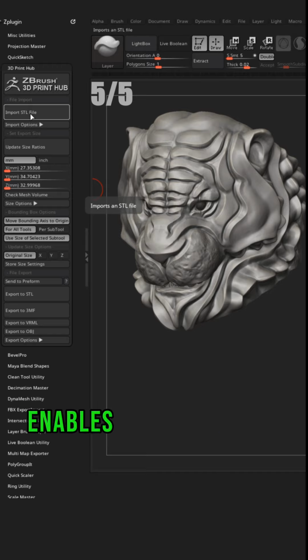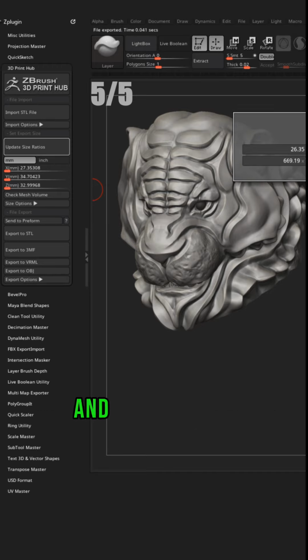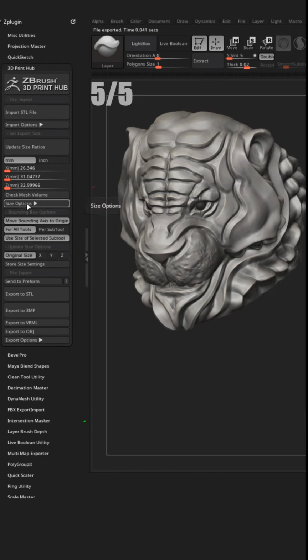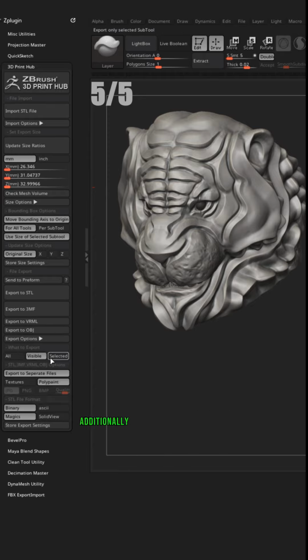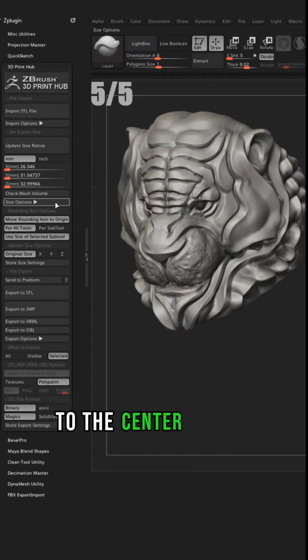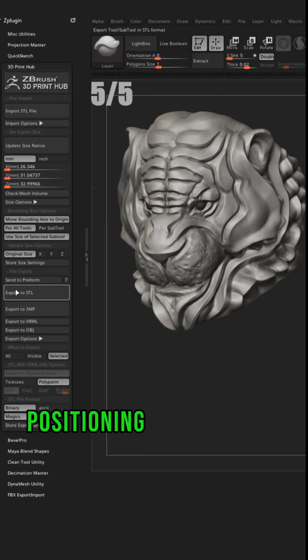3D Print Hub enables you to correctly size your model and export both individually selected subtools and all subtools together. Additionally, it allows you to set the pivot to the center of the object, automatically positioning the object at 0